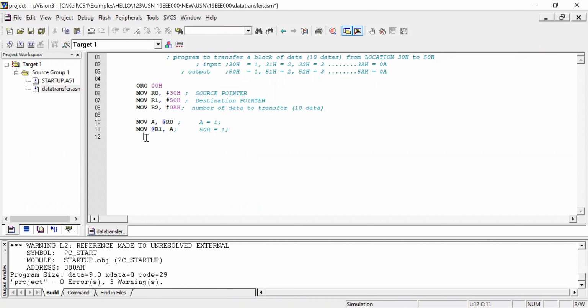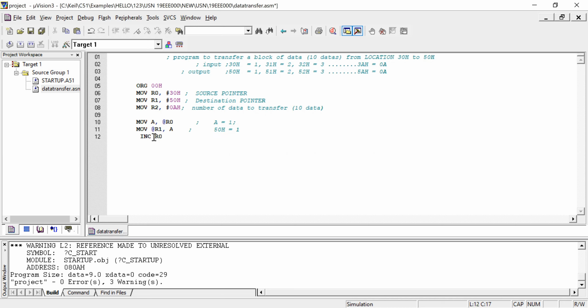I'm going to increment R0. This semicolon is not necessary if you're not using any comment. This is all comment, for your understanding.